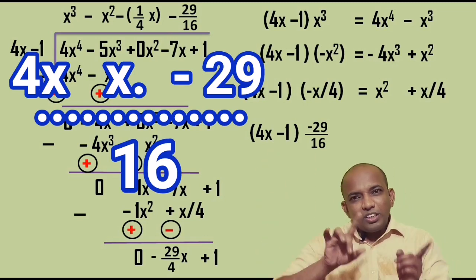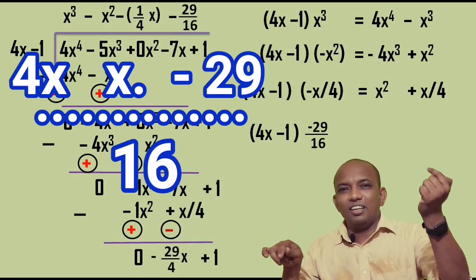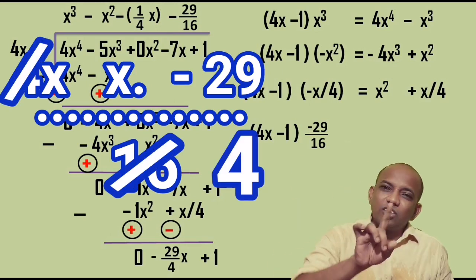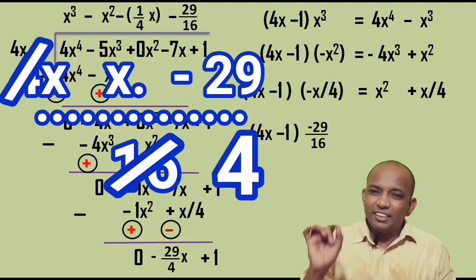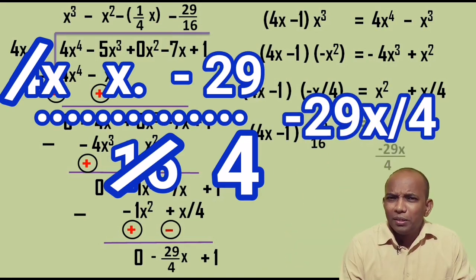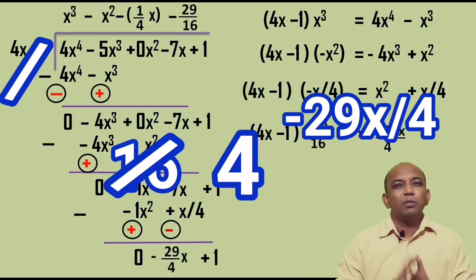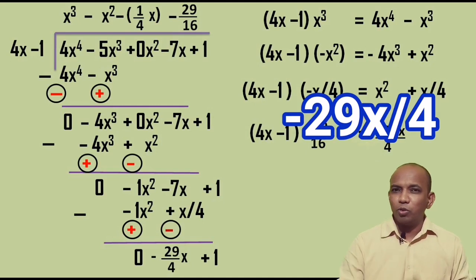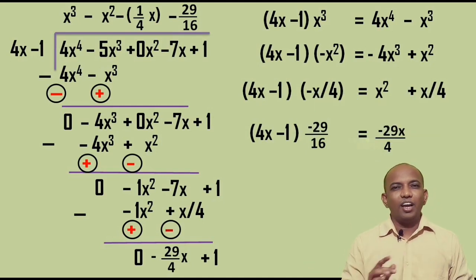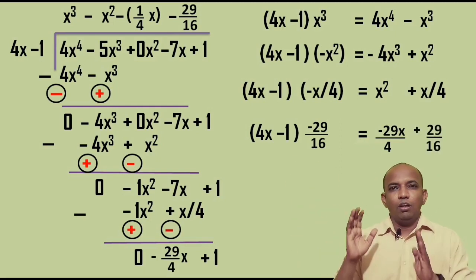Okay, so instead of doing multiplication, now you just cancel out that 4 and 16. What do we get? Yes, we get 4 in the denominator, and that x now will multiply with 29, and as a result, what is the answer? 29x upon 4. Then we will multiply this negative 29 upon 16 by negative 1. As both the terms are negative, my final answer will be positive. And what do we get? Any number multiplied by 1, the answer is the same number. So we have plus 29 upon 16 as the answer.